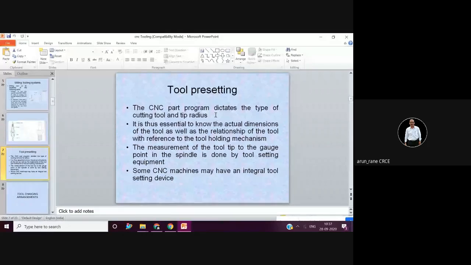People try to reduce that 2 hours to zero, like the lunch break. So they have a floating operator. Remember the word floating operator. He keeps on floating, that is, he acts as a reliever. Like, okay, now you go for lunch, I will take care of the machine, so that your machine is not stopped.